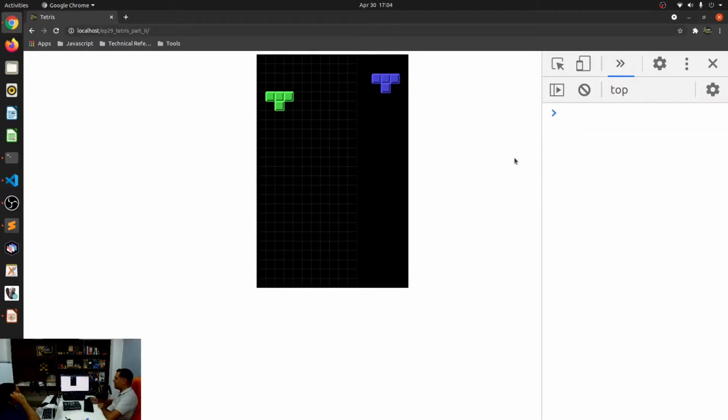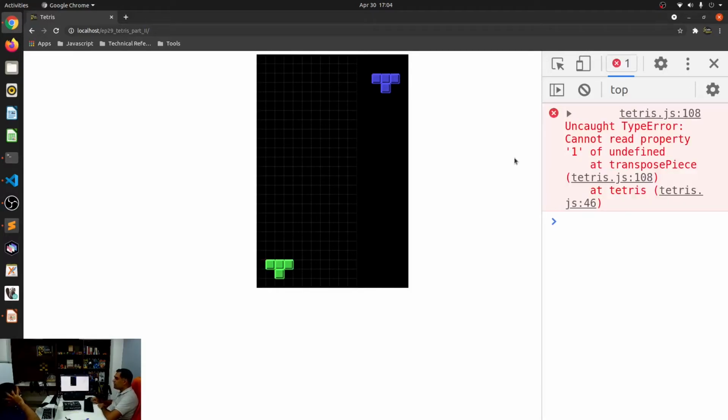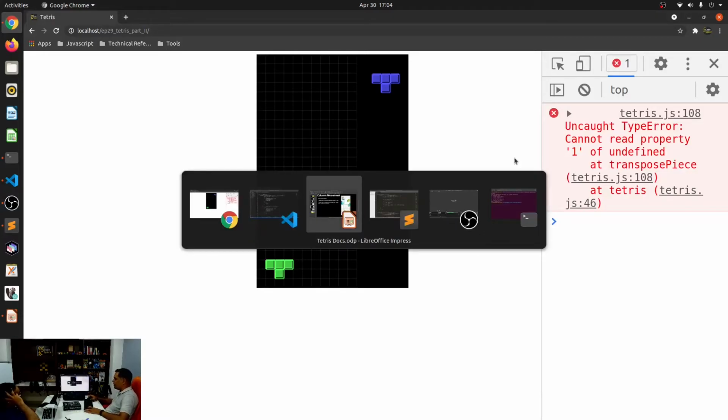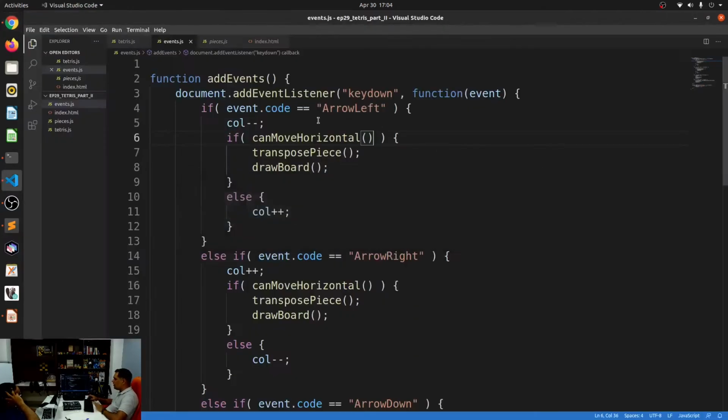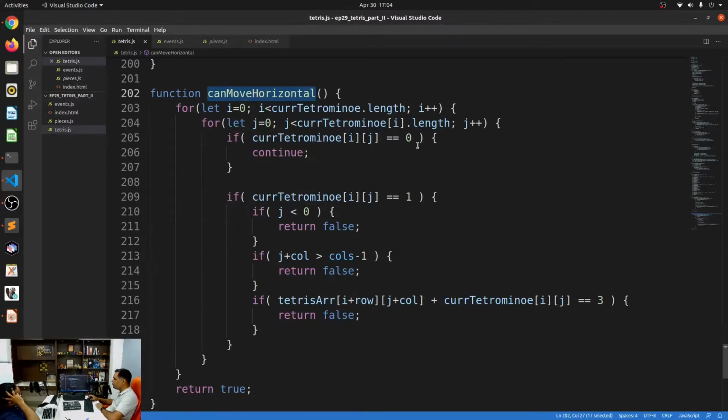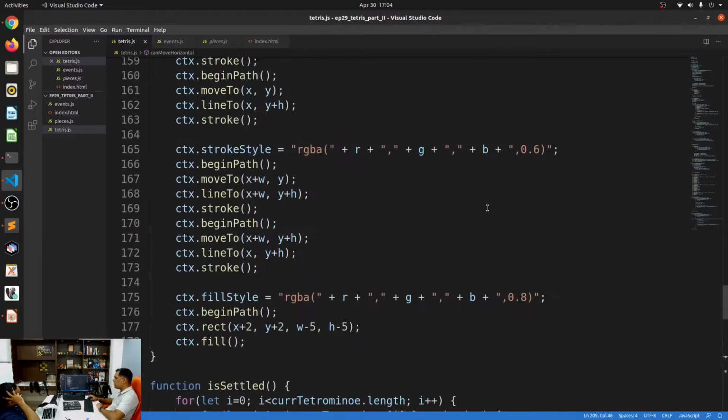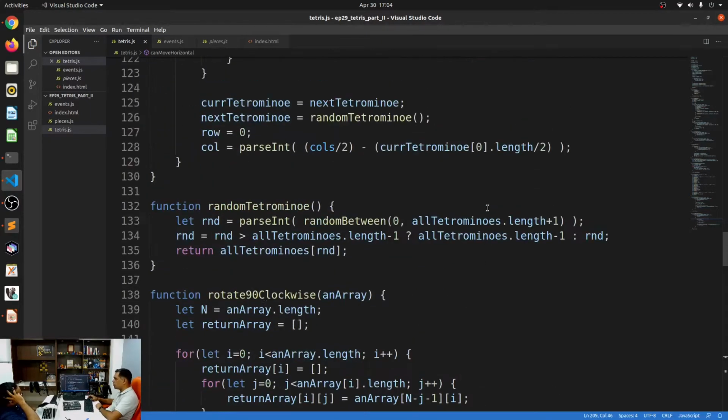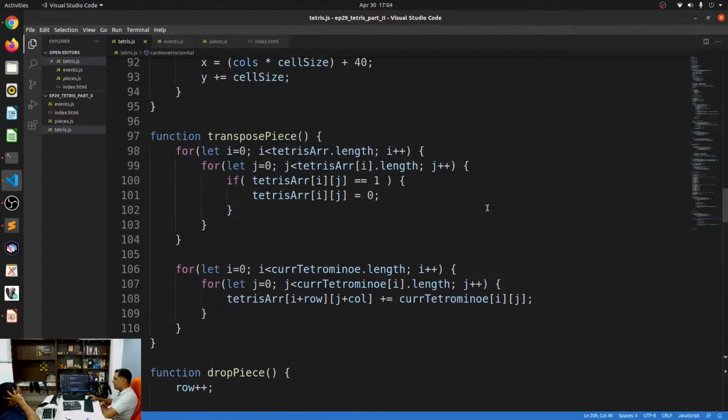All right, let's do this again. And now transpose piece, huh? Is that a mistake? Yeah, transpose piece is the mistake. Oh, okay. Basically we've not handled that. So when we do the transpose piece, let's just go over there. This should move, or this is basically working, but let's just revisit our transpose piece. So that's our transpose piece.